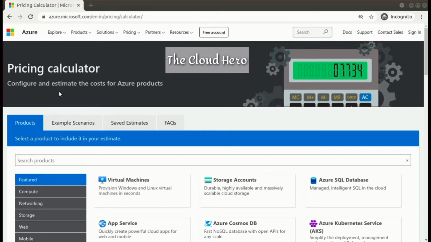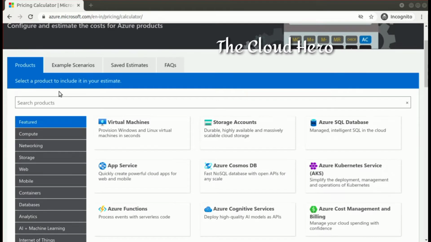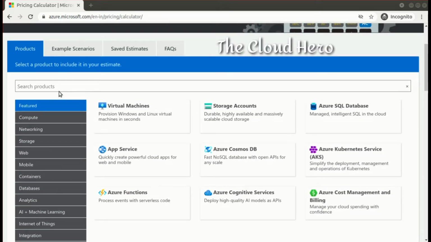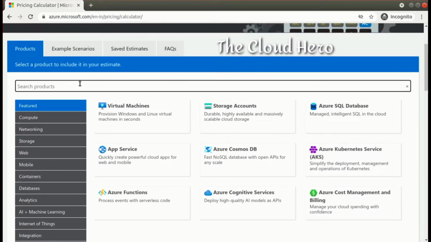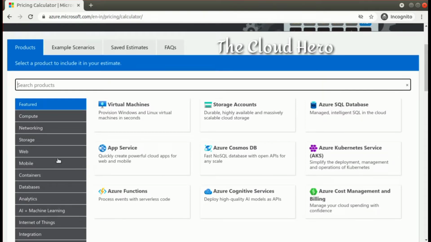So the overview of this complete Azure Calculator is, first thing is the search bar. You can search any type of service in this search bar because Azure has a huge number of services. Sometimes we are not able to find them manually, so we can check through the search bar. After that, all services are segregated into different categories like compute, network, storage, web, mobile, container, database